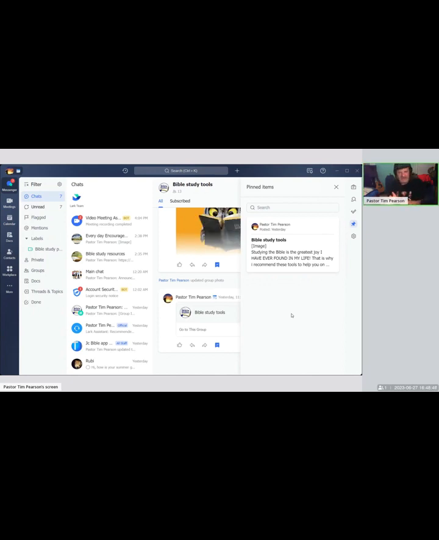Now, I'm not trying to bash Band. I know there are people who love this, and I'm not trying to bash it at all. I think it has its good points. That's why I'm talking about it. In fact, it's one of my favorite apps. But what I'm doing is a mashup. I want to see what is actually a better app for doing things. And with a lot of these apps, it depends on what you're looking to do.